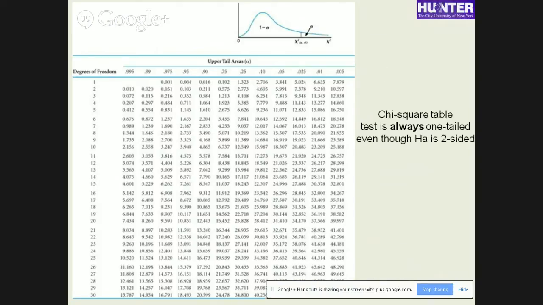The chi-squared test, like the F test, we will only ever use the right tail. Can someone explain to me why that is? What's going to happen as you depart from the expected counts in a table, what's going to happen to chi-square? Yeah, it's going to increase. No matter how you depart from the table of expected counts, chi-squared is going to increase, which makes it a